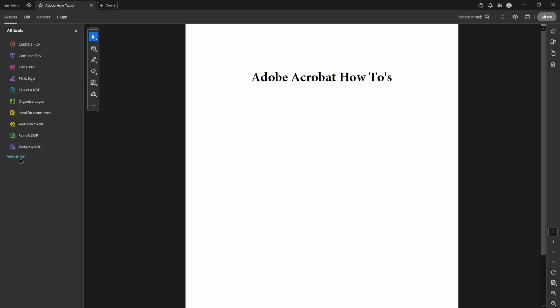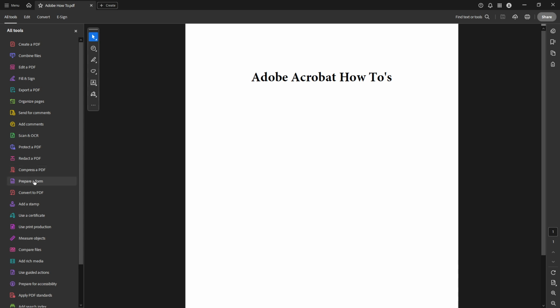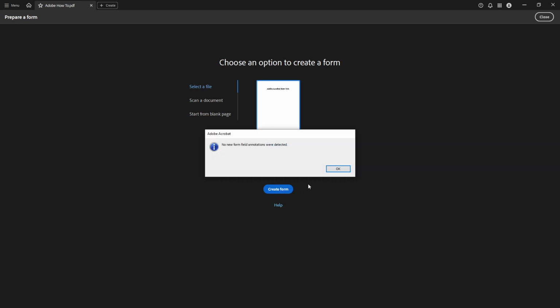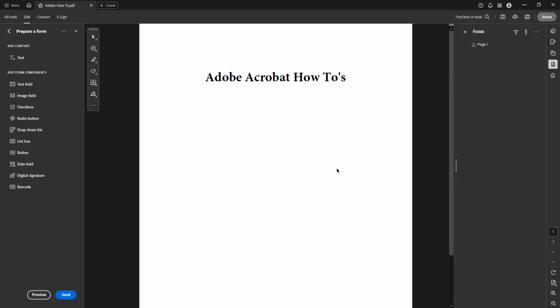This tool is specifically designed for creating interactive forms that include various elements like checkboxes, text fields, and of course radio buttons. After clicking Prepare a Form, you'll want to select the Create Form option. A dialog box will appear and it's perfectly fine, just click OK to continue. This will activate the form preparing mode within Adobe Acrobat, setting you up to insert different form elements including radio